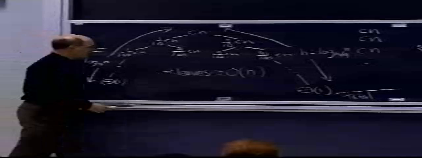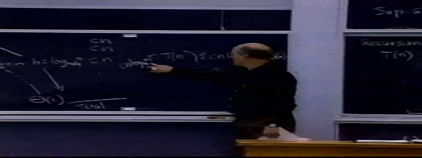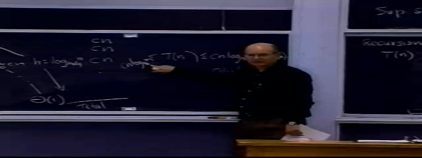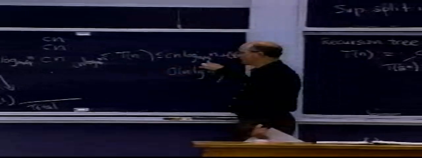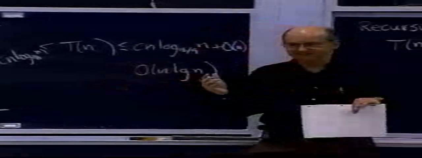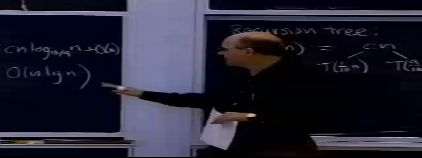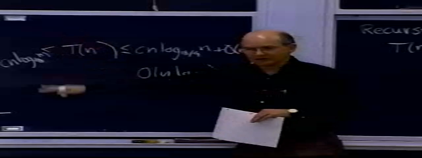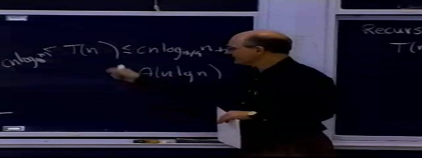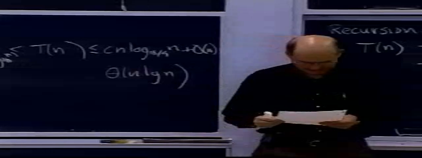Log base 10 of n. Good. And so actually on the lower bound here, I have Cn log base 10 of n. Well, once again, log base 10 versus log base 10/9 and log base any constant only differ by a constant, right? That's one of the fundamental properties of logarithms. Okay? So in fact, this is theta of n log n in the worst case.